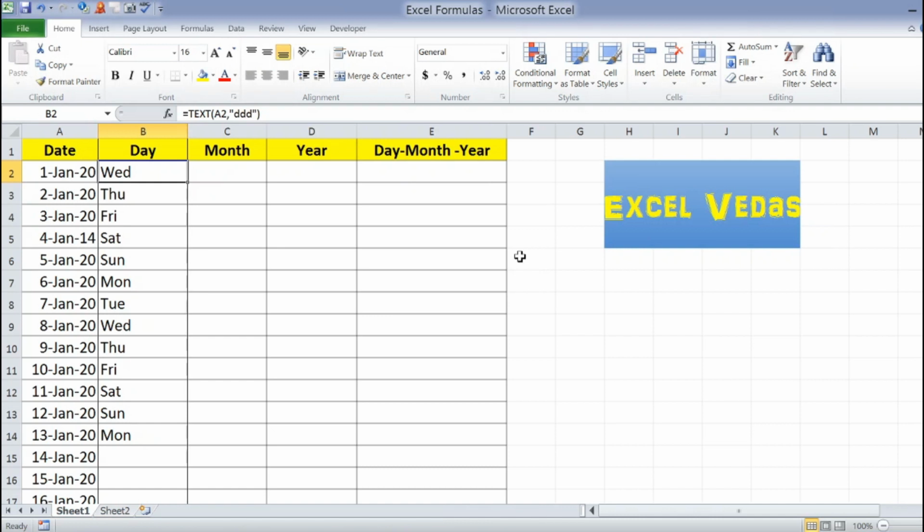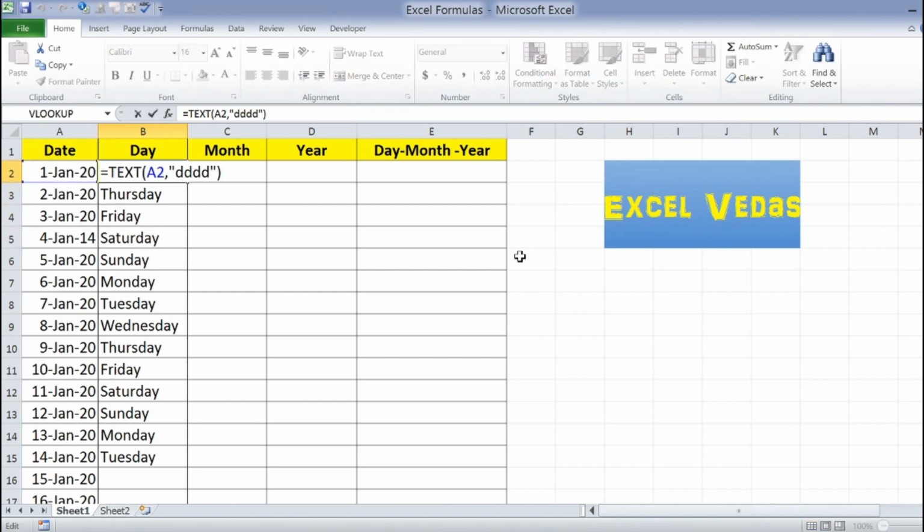If you want to use the short form of the day, then you can enter D three times. If you enter D four times, here you will get a complete result, Wednesday. If I copy and paste to the remaining cells, you can see all the results are completely done.